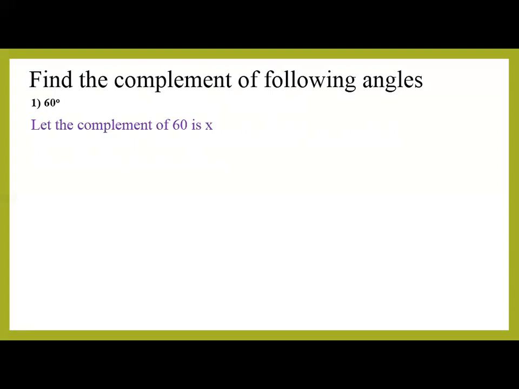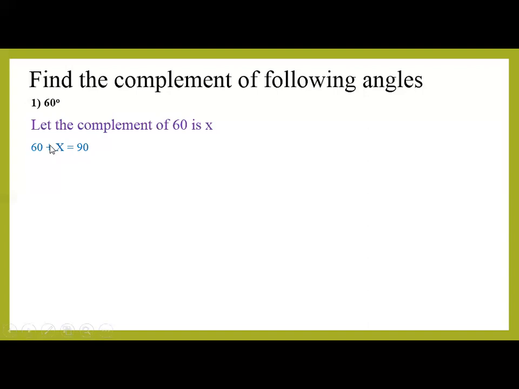Okay, you have to let that you don't know the other partner of 60 which, when added, will give the answer 90, so you have to suppose that the partner is x. Then you have to write in this condition: 60 plus x is equal to 90, that is, 60 and its partner added give 90, and you have to find out what x is.